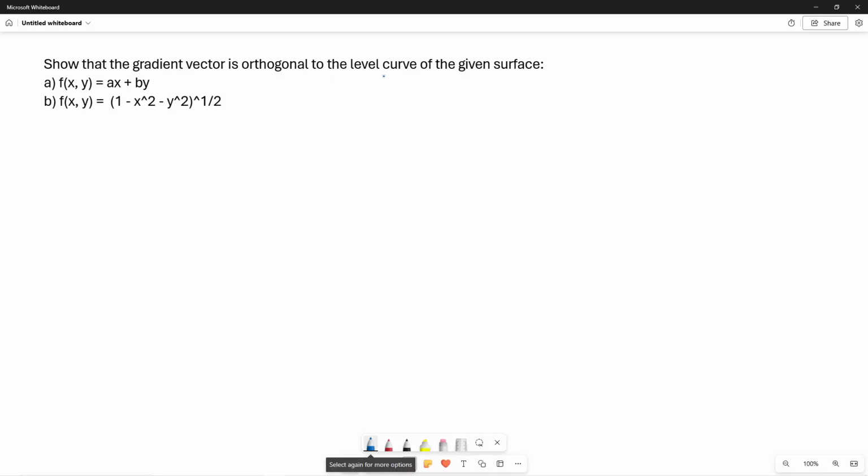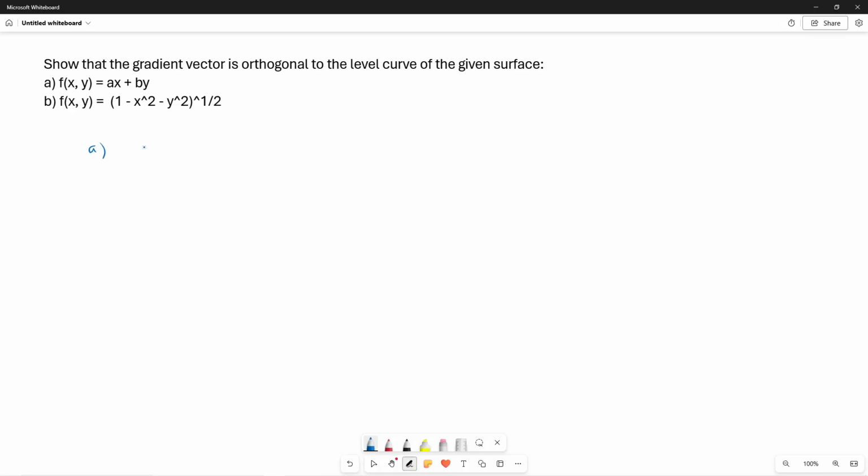...is orthogonal to the level curve of the given surface. So part A, f of x, y is ax plus by. And part B, f of x, y is equal to the square root of 1 minus x squared minus y squared. Okay, so for part A,